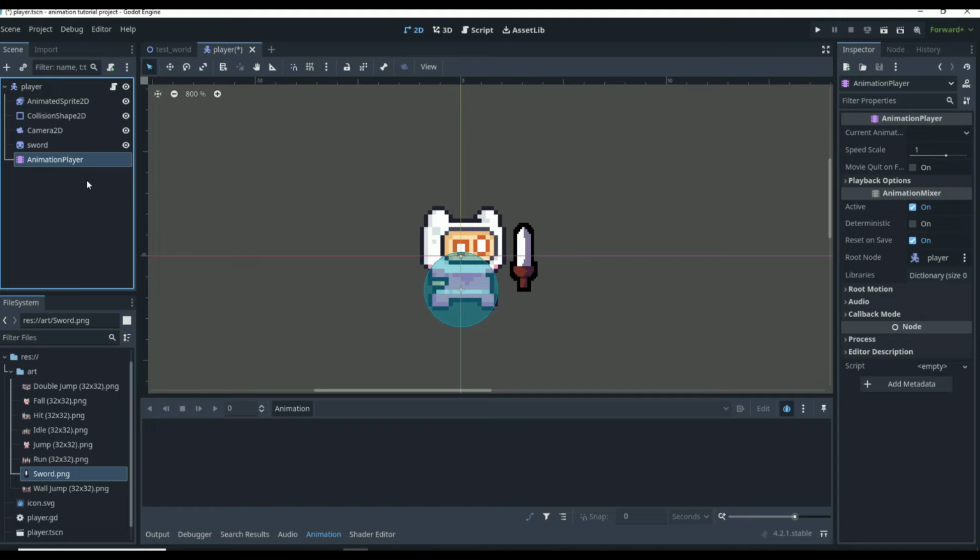So our animation player. What is our animation player? What do we need from our animation player? Just what are we doing with it, right? What can we do with it? That's the real question. So over here in our inspector, we have a current animation. We have the speed, and then we're going to have to make sure it's active, and we're going to have